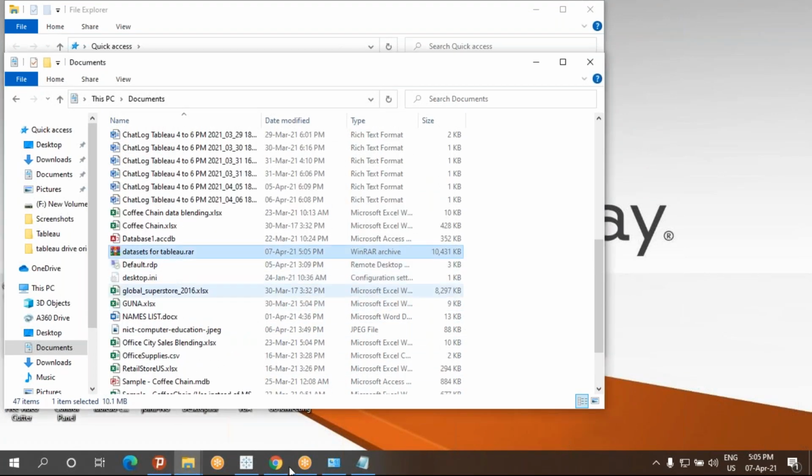Now the data set for Tableau is there in our group. Download it. If you are using mobile, download it and make sure that it is there in your file explorer. If you are using a laptop, WhatsApp Web, make sure you download once, show in folder, collect it, and keep it in the D drive or somewhere else. Otherwise, instead of keeping it in the C drive, it will be permanent.